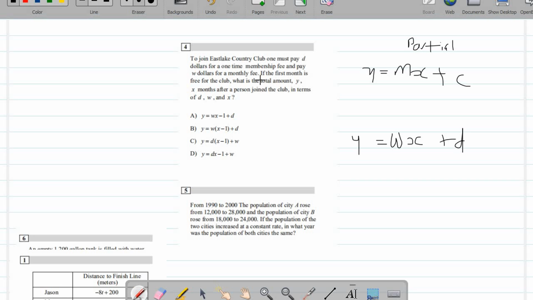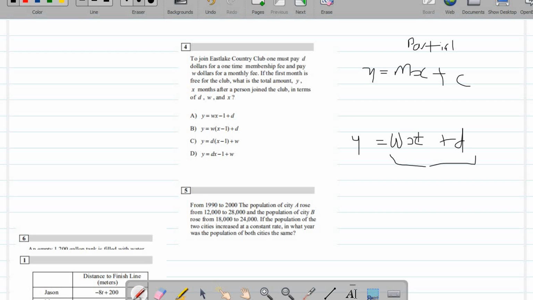But they also told you that the first month is free, and we did not put that into consideration here. So if the first month is free for the club, that means you are going to subtract the first month. Now, which are you going to subtract from? Now, knowing that X here